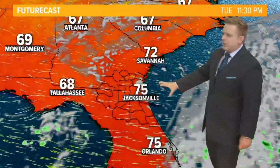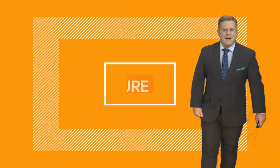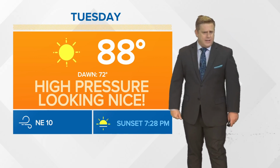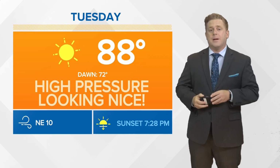Rain chances remaining low over the next 48 hours with those temperatures jumping up into the mid to high 80s here on Monday and also heading over towards Tuesday. So definitely a beautiful start to the week, but we're wrapping up some